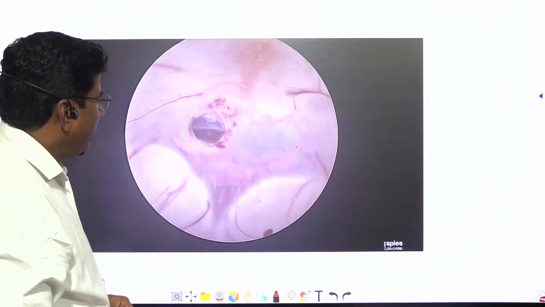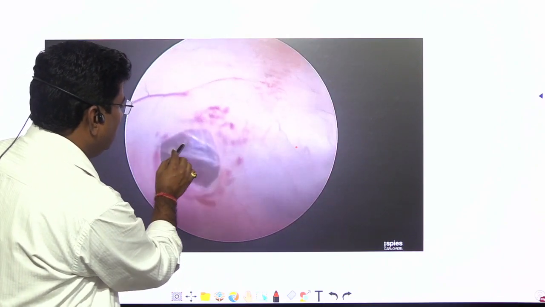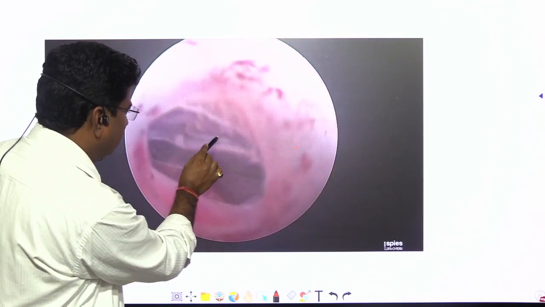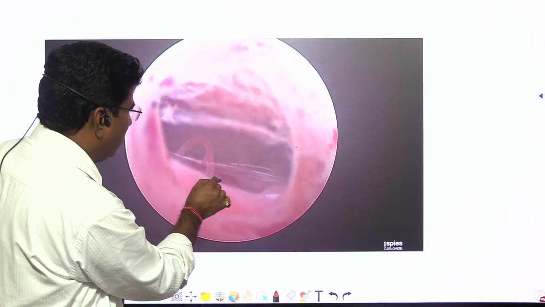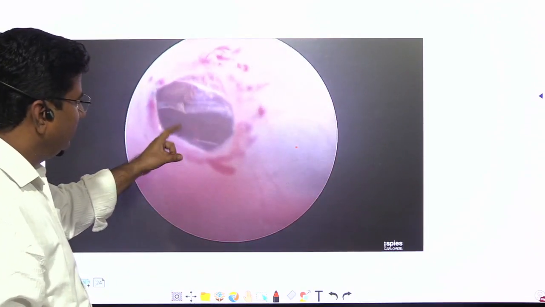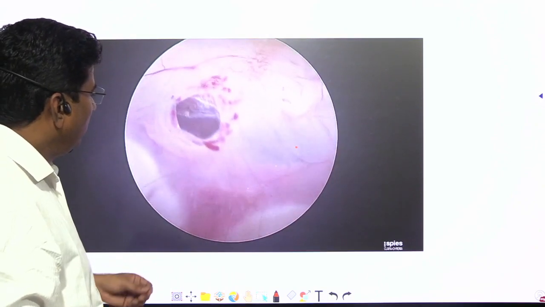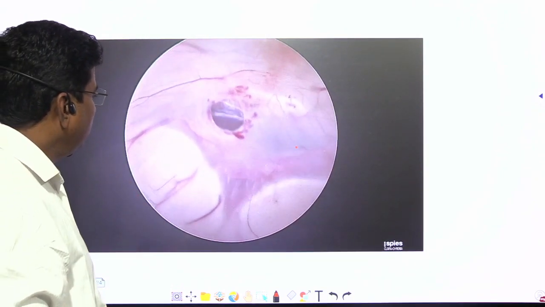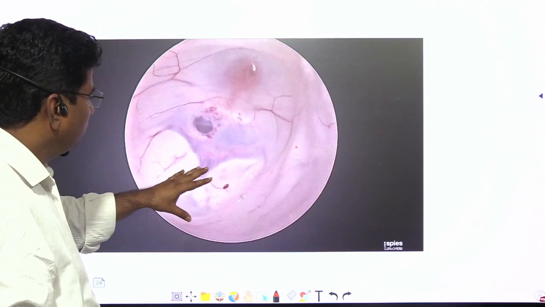As you see, there is another membrane, which is the Liljequist membrane. As discussed, this is the Liljequist membrane. These are the perforators of the basilar artery. There is no bleeding, and the Liljequist membrane is also fenestrated. After this, we remove the endoscope after observing that there is no bleeding or oozing at the margin.